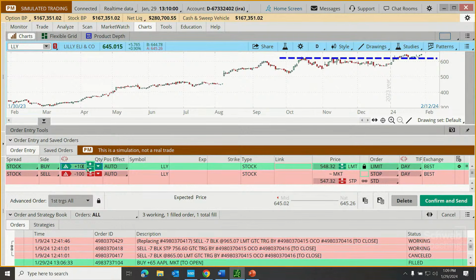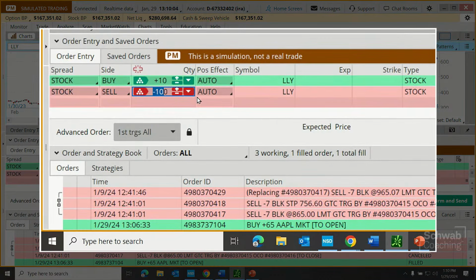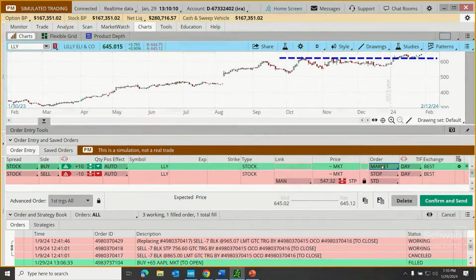But this is going to default to 100 shares. Let's customize the quantity. So we're just buying and selling 10 shares. And once again, let's say that we're putting in a market order, buy shares for whatever it takes to buy those right now, with a stop down at, how about we put it at 610? That might be $10 below that area of support that the trader might have identified. And let's finally just make sure that that sell order is a good till canceled.